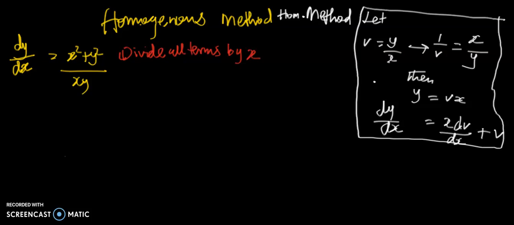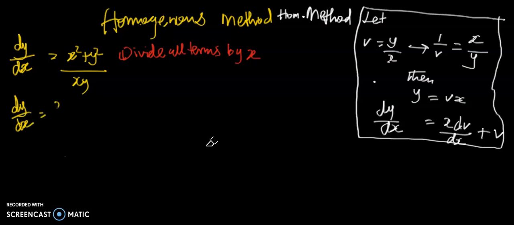Remember, as you divide all terms by x, you will only consider the highest power of x. In this case, the highest power of x is squared. So we need to divide by the highest power, so that we will have dy over dx